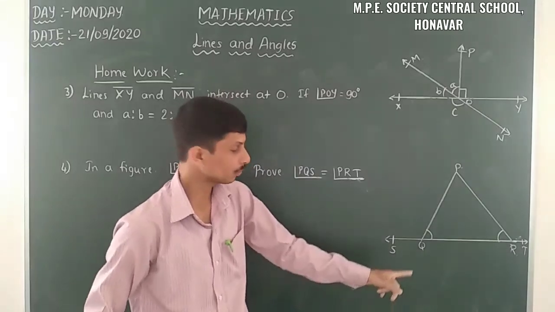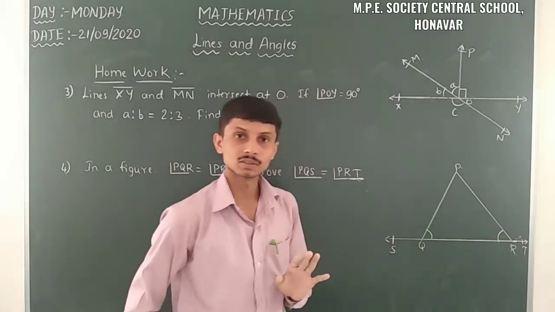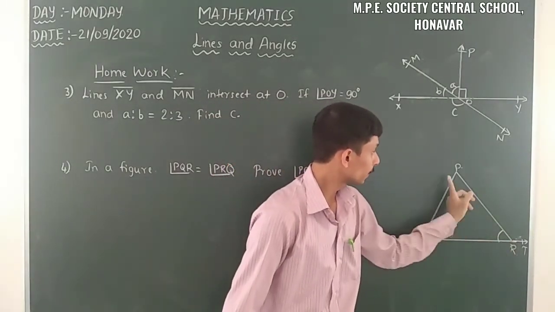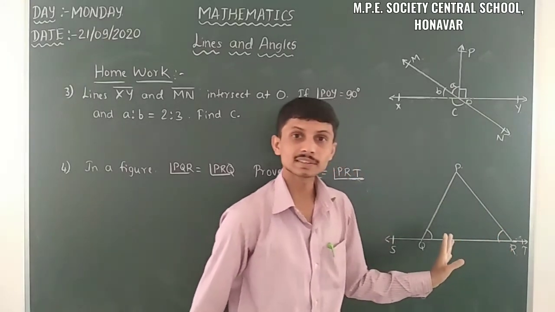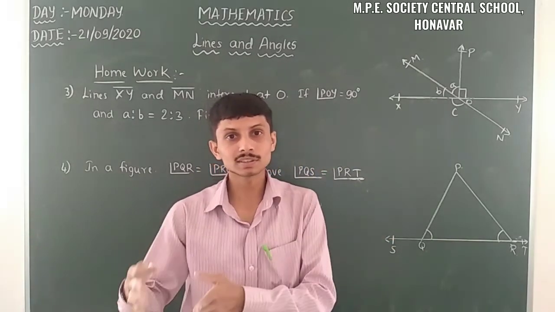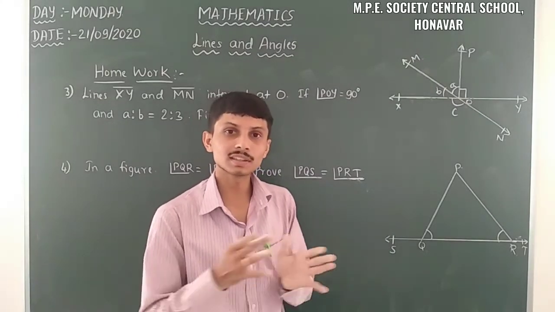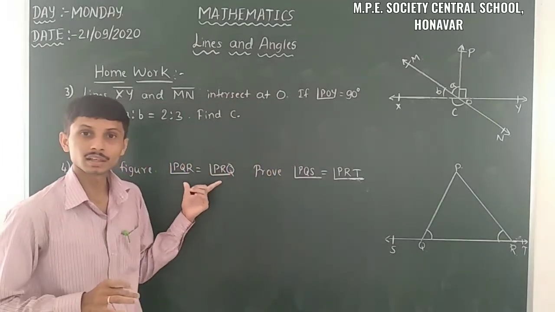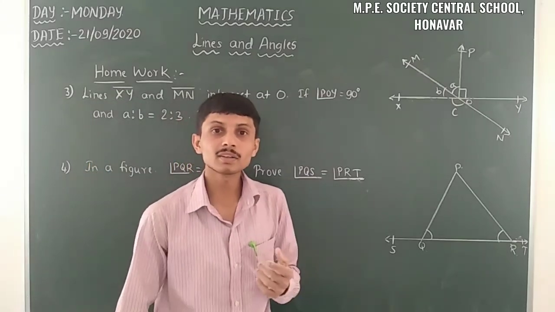With the help of theorem 6.1: here the ray PQ stands on ST, so these two adjacent angles sum to 180 degree. Then the ray PR stands on ST, so here also the sum of adjacent angles is 180 degree. Things which are equal to the same thing are equal to one another. So we can take both as equal to one another. Then we take this condition, that those two angles are equal, then those two angles cancel out, and the remaining will be like this. Try to do it at home.